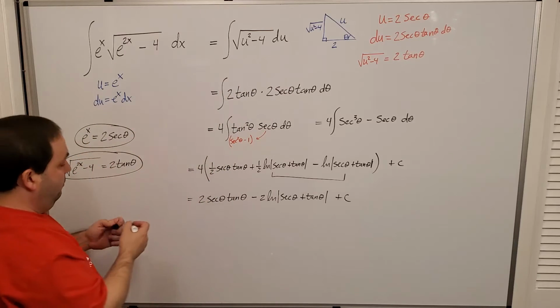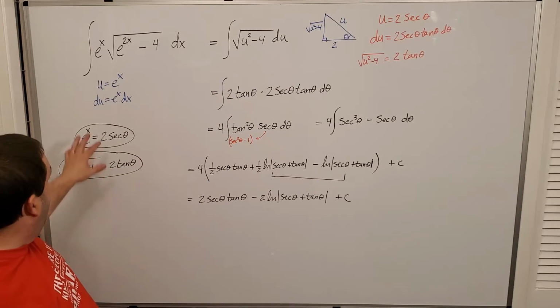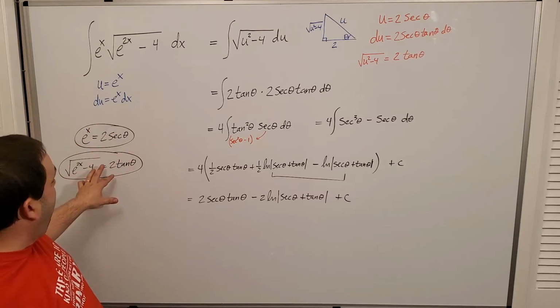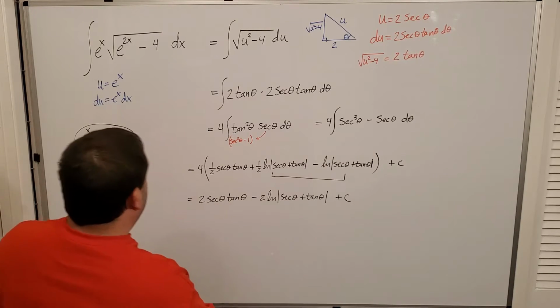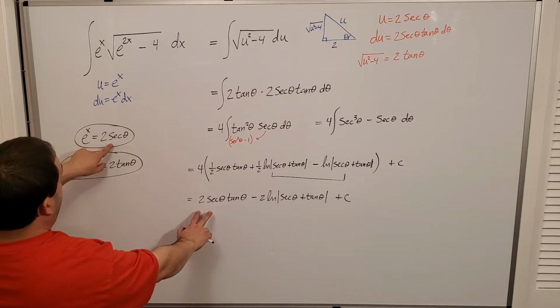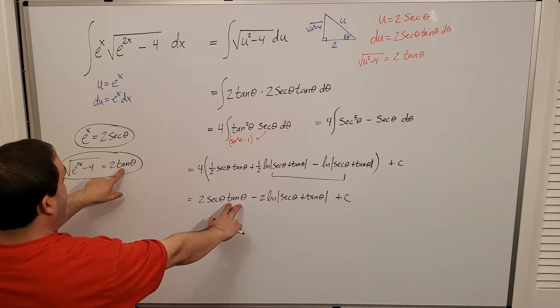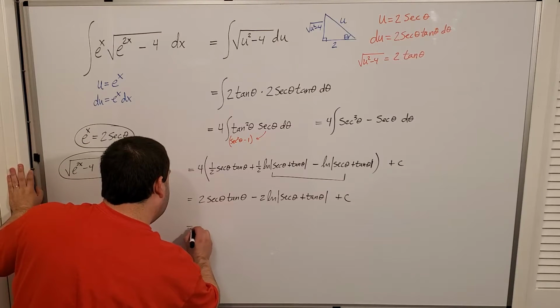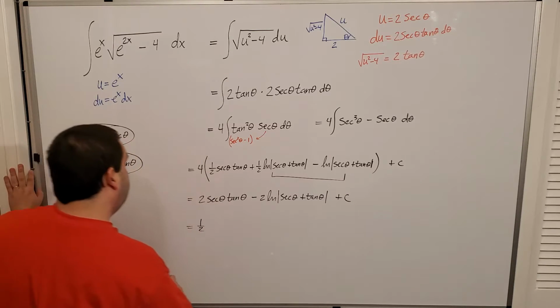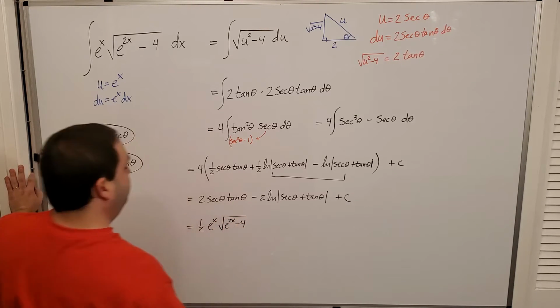So I'm bringing together both of my substitutions to reverse them simultaneously. And I'm now going to use these two facts to finish filling this out. So 2 secant theta is e to the x. And then tangent theta by itself is going to be 1/2 of this. So all in all, it's going to be 1/2 e to the x times the square root of e to the 2x minus 4